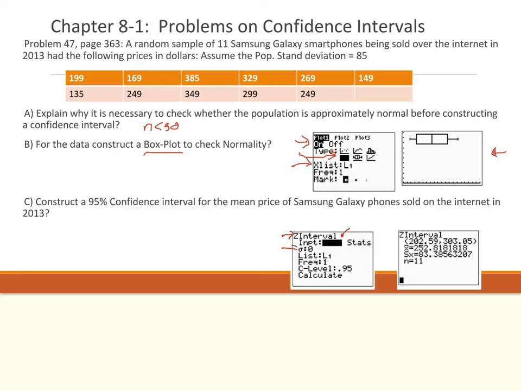For sigma, we will enter in 85. Why? Because we have a population standard deviation of 85. Our data is in L1, frequency is 1, and our C-level is 0.95. We will hit calculate, and when we hit calculate, we get the following screen where this is where our confidence interval is. It has a low value of 202.59